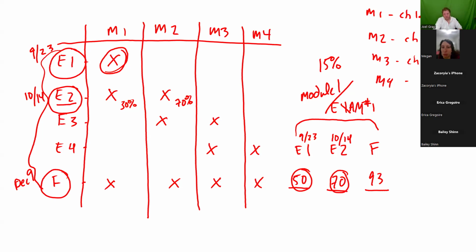What I'm going to do is set a rule for this category that drops the lowest 2. I don't average them together. Instead, I'm evaluating this as how well do you know the module 1 stuff? Well, by the time the final rolled around, you had it down. You were great. So the lowest 2 grades are going to be dropped.